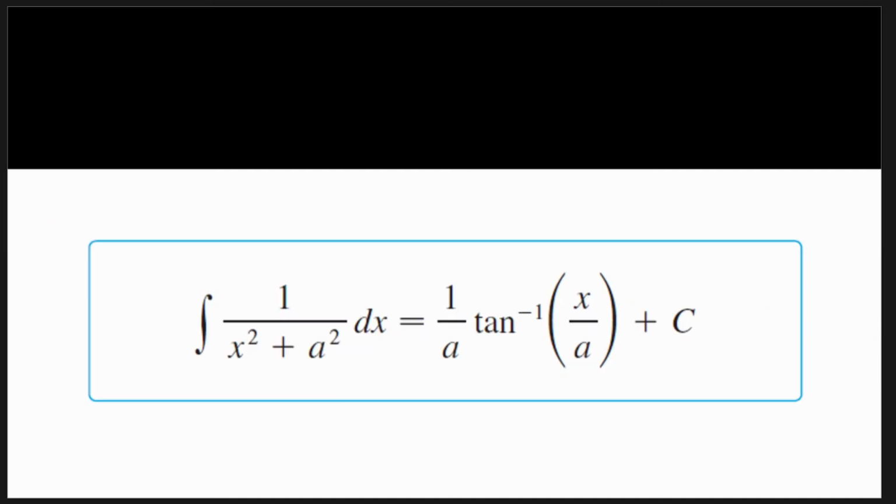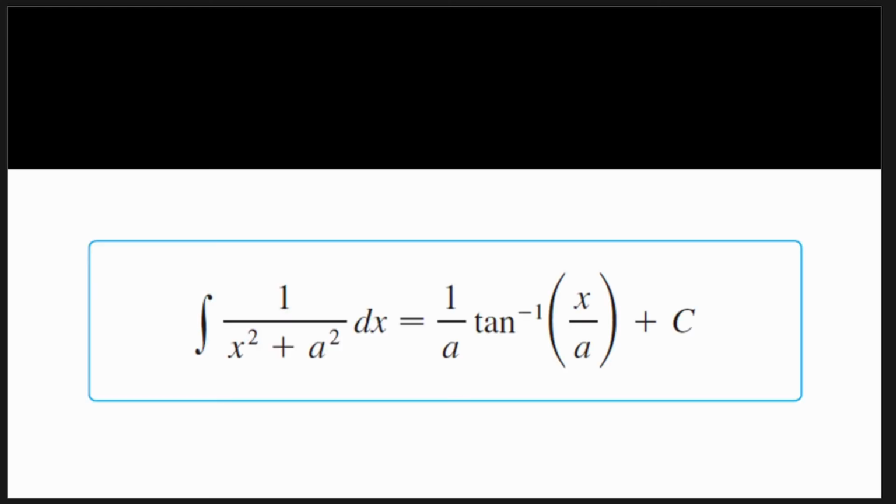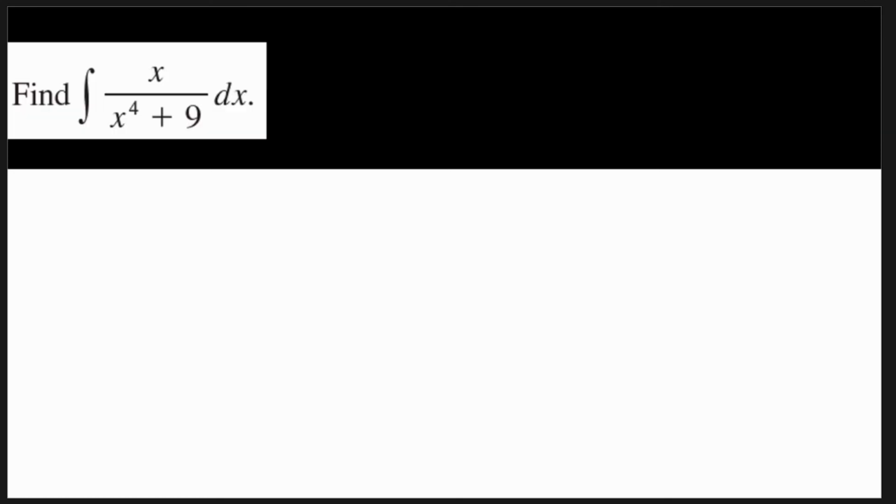You can use this as an equivalent formula for any value of a as a constant, so you can use this integration formula for that. Why not give an example? From the integration formula, you can just directly say that this is equivalent to